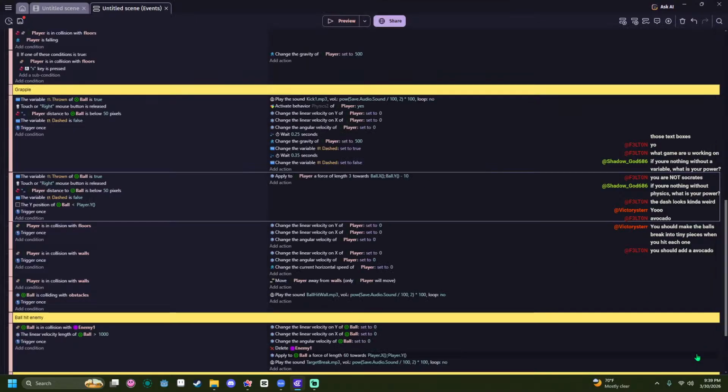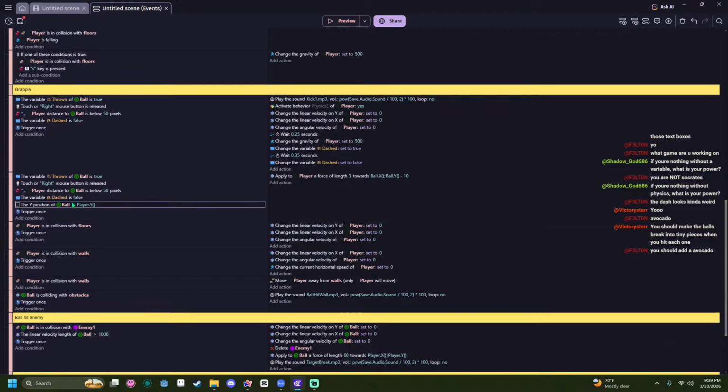So if it's above the player, then we'll angle. Actually, if it's above the player plus like 25 pixels, then we'll dash kind of above it.